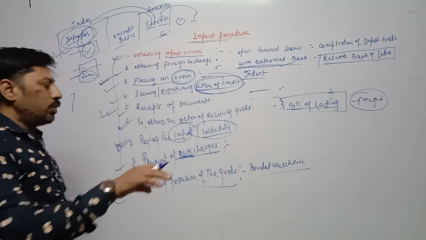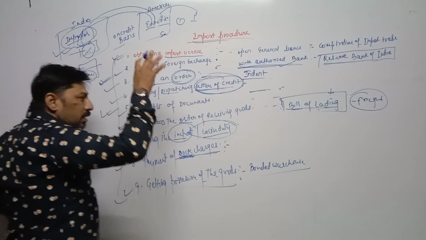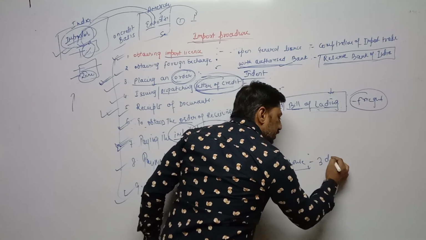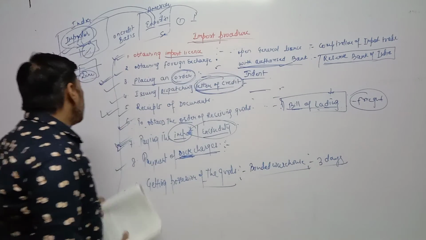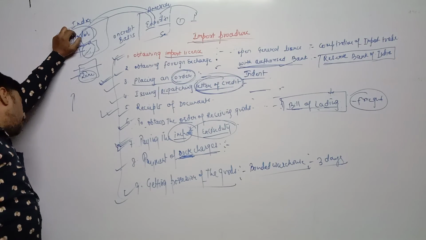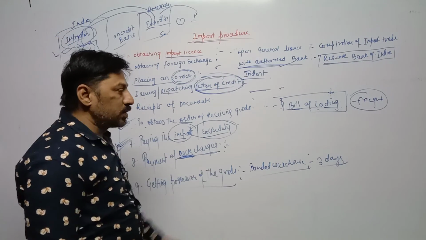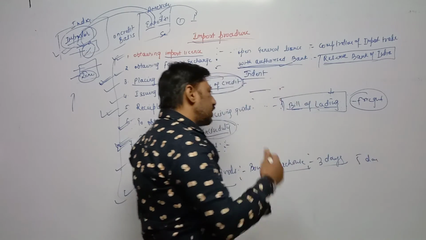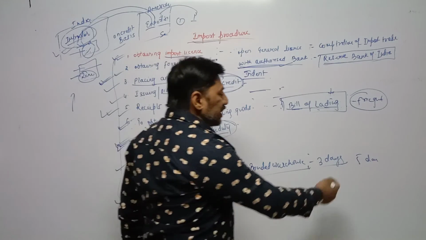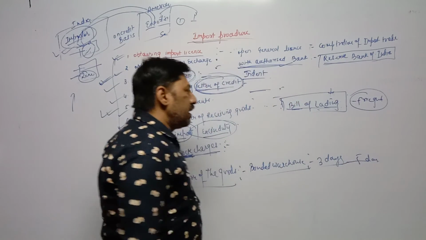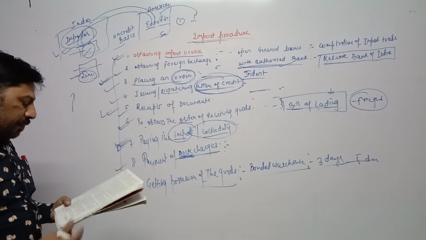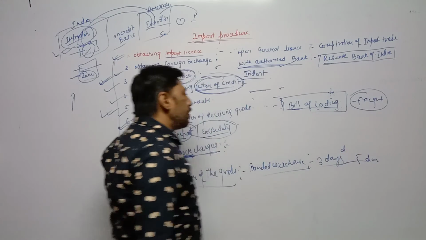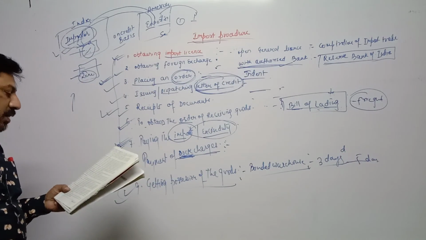then in that case those goods of the importer can be kept in the bonded warehouse for a certain time limit, for example, 3 days. So you have a time limit of 3 days. In 3 days you can take your goods from that warehouse. If you visit the bonded warehouse after 5 days and take your goods back, then for the additional 2 days you have to pay additional rent. That additional rent is called demurrage, and after paying demurrage you can take your goods back from the warehouse.